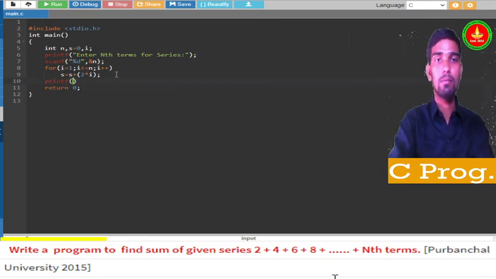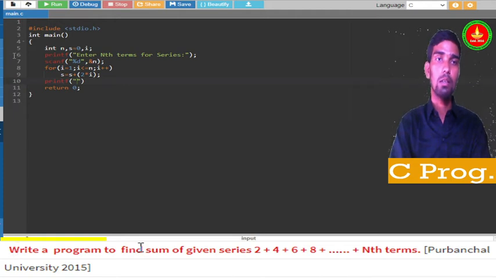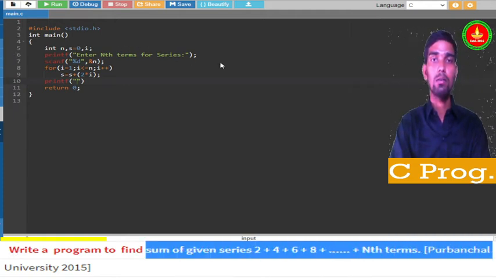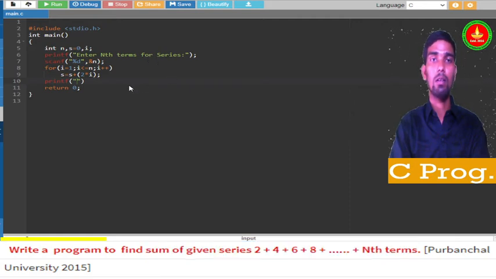Printf, and what we are going to print, we will put in the same format so it will look much better.